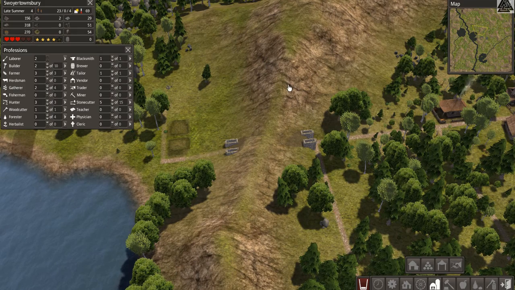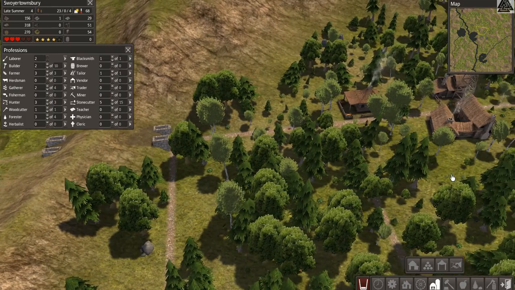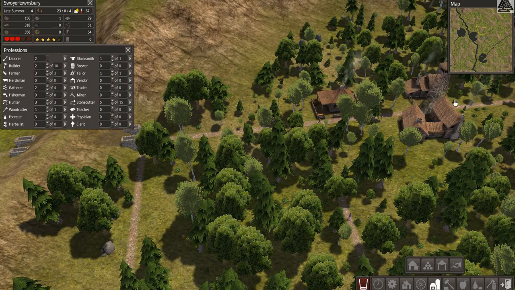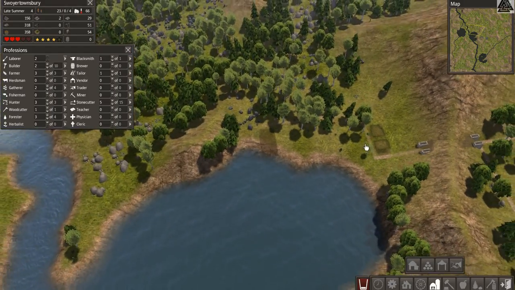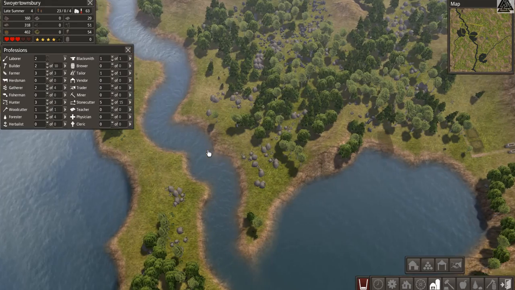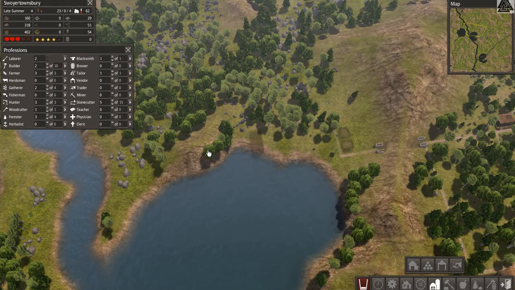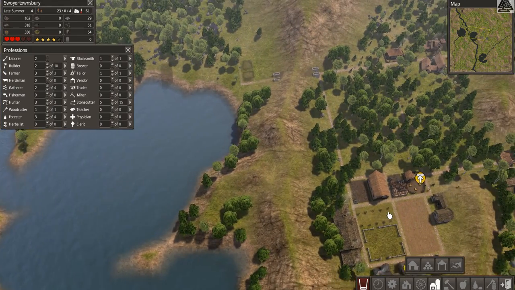So where can we put our market? I don't want to do it on this side, because that would interfere with our foresters and our gatherers. So we might need to actually start a whole separate area up in here. Which is fine, because if you look, there's a ton of stone and a ton of iron just lying around here. So we can definitely get a good amount of resources from this area. But I think...